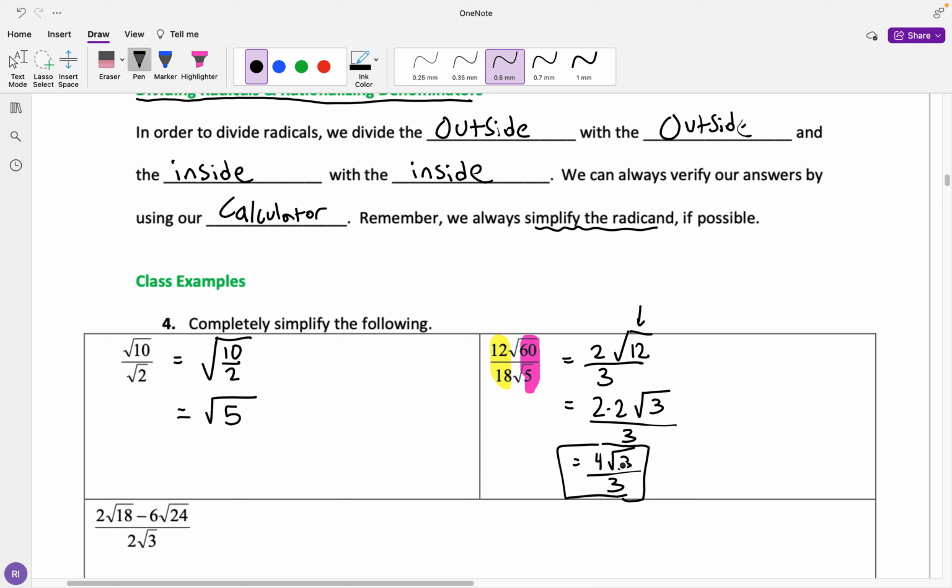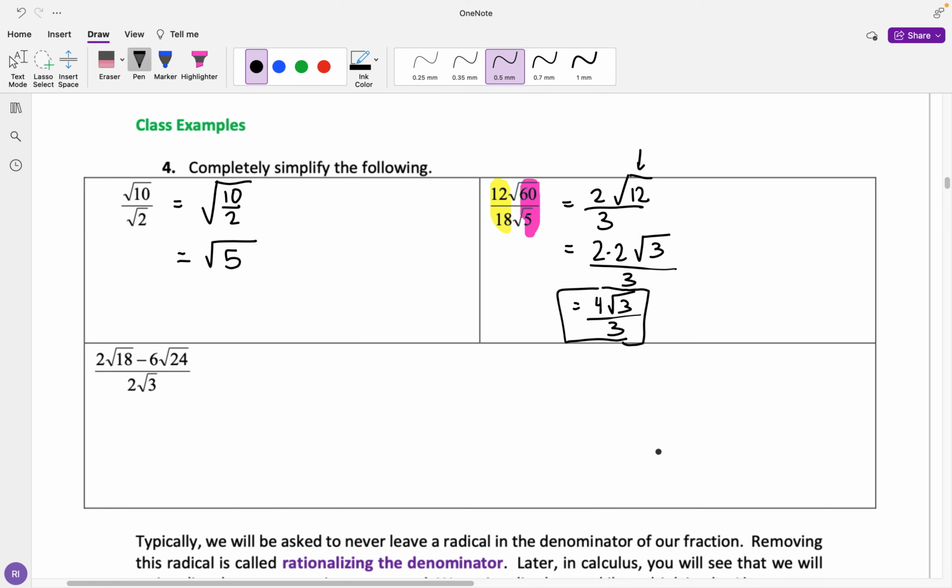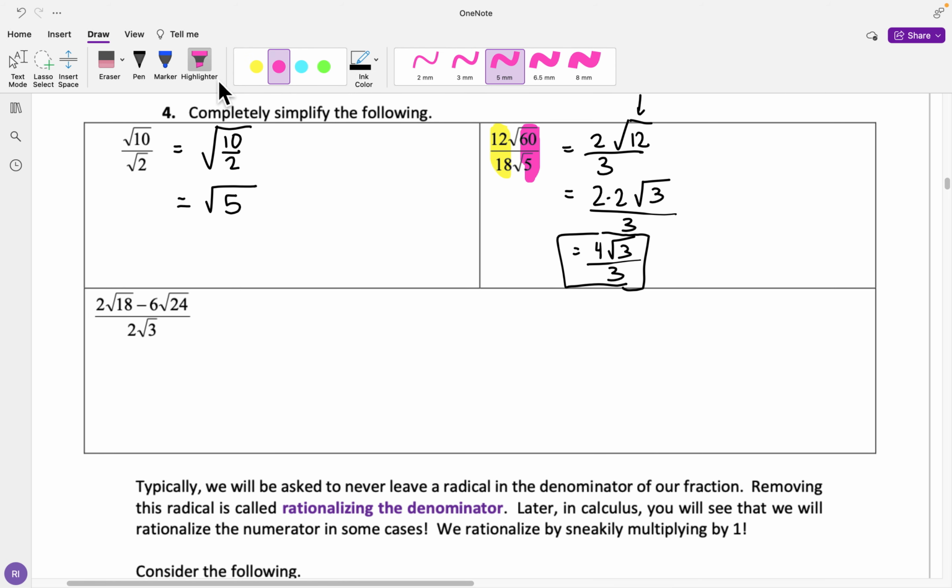Don't be fooled by the radical 3 and this whole number denominator 3. Those cannot be simplified because this one is a radicand and 3 is not. So we cannot divide those pieces. They must both be radicands if we want to divide. And this one,